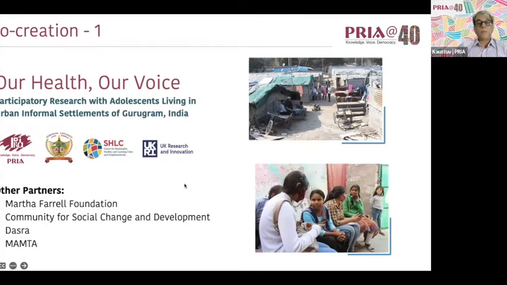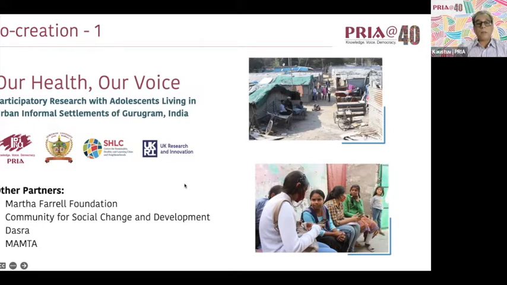Our main research partner was Gurugram University, a public university located in Gurugram. Our other partners included Martha Farrell Foundation, a sister organization of PRIA, working in Gurugram with women domestic workers, and Community for Social Change and Development, a community-based organization working in the same locality with adolescent girls and boys,